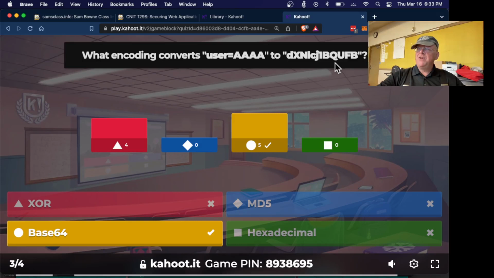And so a way to spot base 64 is it uses only upper and lowercase letters and numbers, and a couple of symbols like plus and slash. It sometimes has equals at the end, but only 2 or 3 at a time. It's not hexadecimal because hexadecimal doesn't use characters like Q and X, and hexadecimal does not make a distinction between lower and uppercase. So when you see upper and lowercase letters, especially if there's numbers in there, and I think there's a 1 in there, then it's very likely base 64.